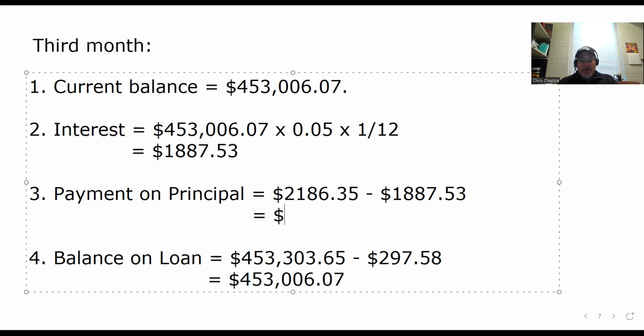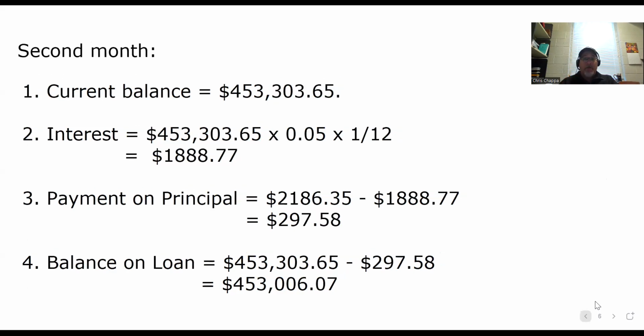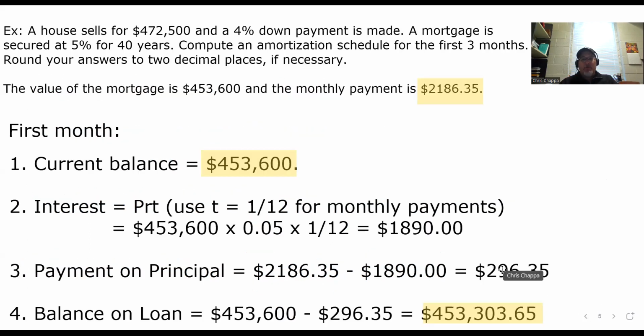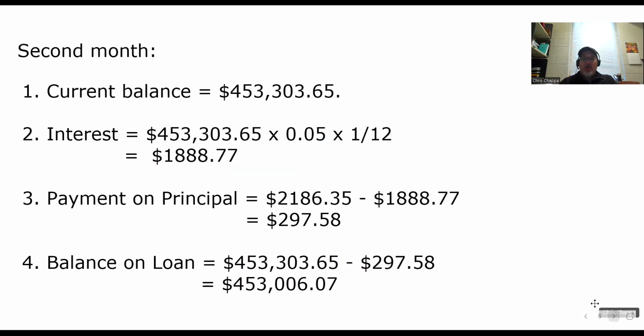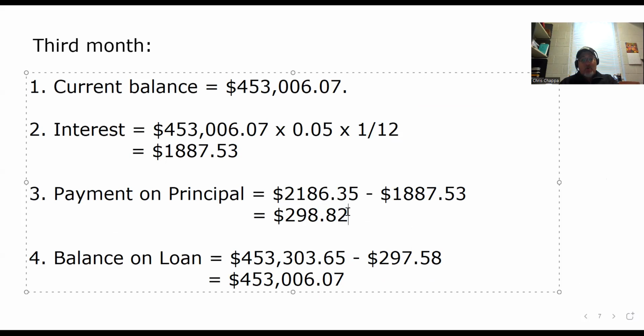$2,186.35 minus $1,887.53 is $298.82. And again, if we compare this to the previous payments on principal going back to month one, our first payment on principal was $296 and some change. Our second one was $297 and some change. Our third is $298 and some change. It almost hit $299. So it is slowly increasing, emphasis on slowly, which means, let's make sure all the numbers